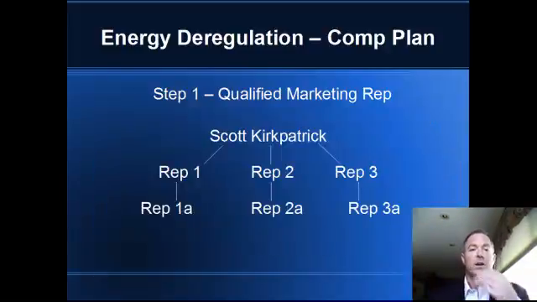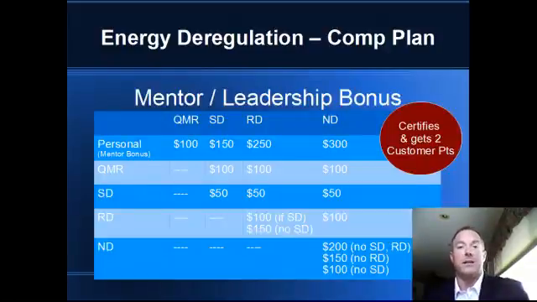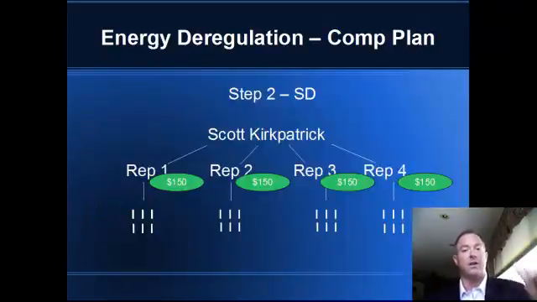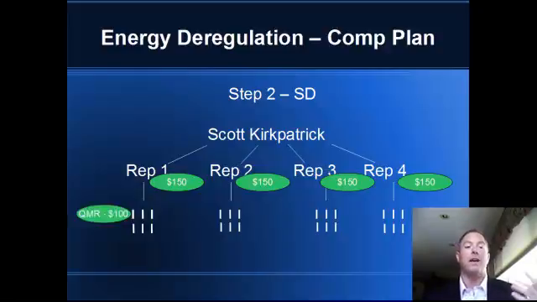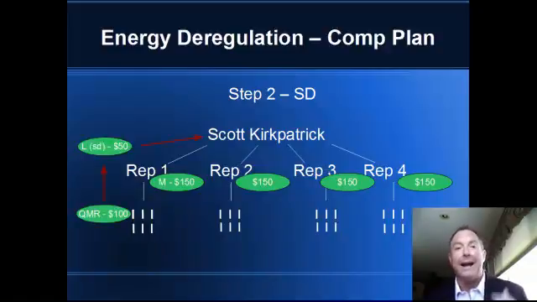Very exciting. So here's an example. Remember, I'm building my QMR house. I get $100 for people I put in that first row. If there's a QMR in there, then they get $100, and as an SD, I get $50. So here I am, I'm SD, busy building out to achieve RD. I make $150 per mentor bonus. Somebody underneath me, they would make $100 for the QMR if they bring in someone. I, as an SD, would get a leadership bonus of $50.